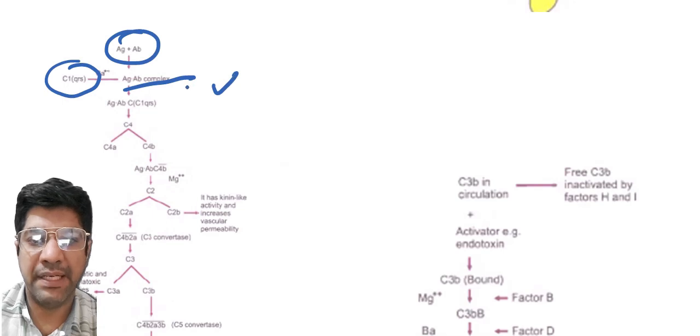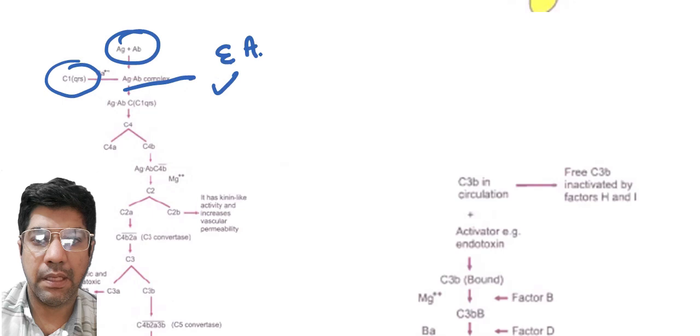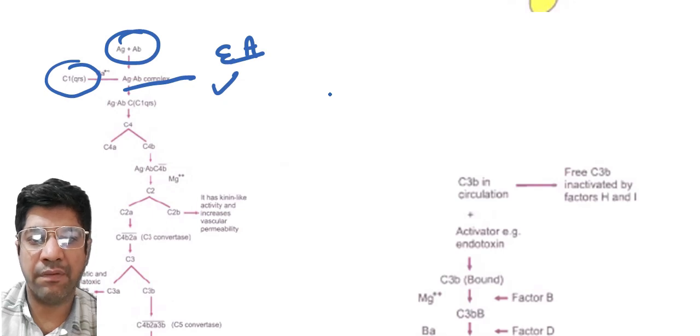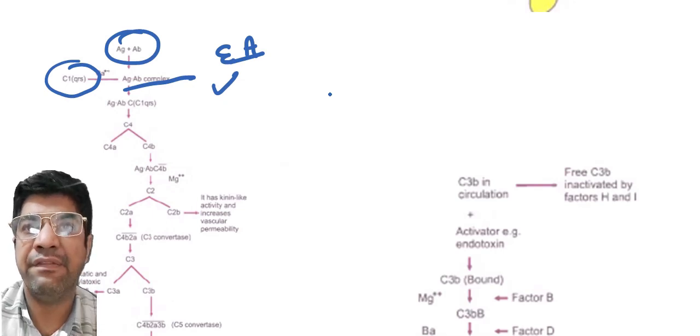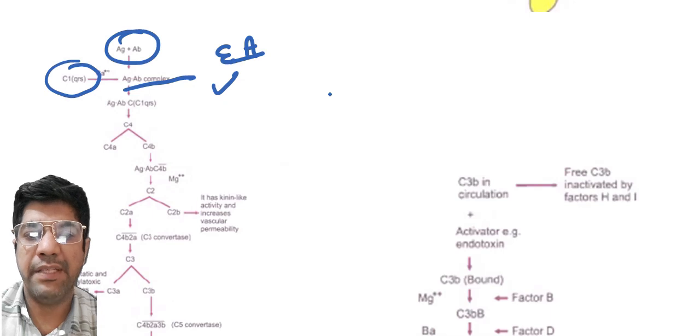This complex is traditionally represented as EA, where E stands for the erythrocytes and A stands for the antibody. The recognition unit of C1 is C1q, which binds to the Fc region of the immunoglobulin